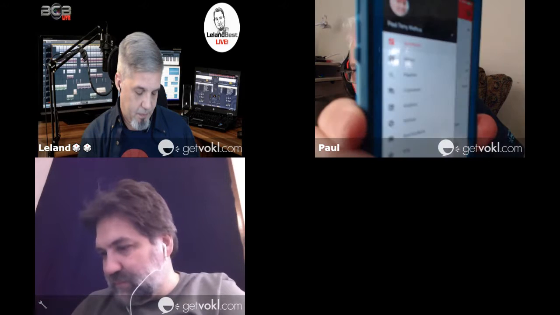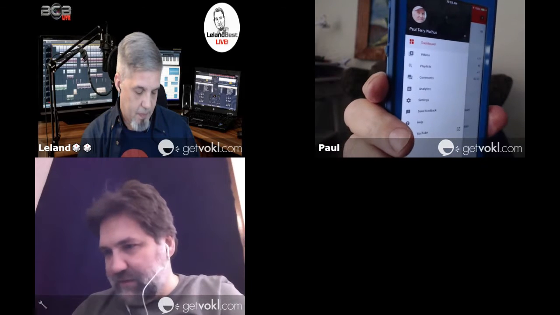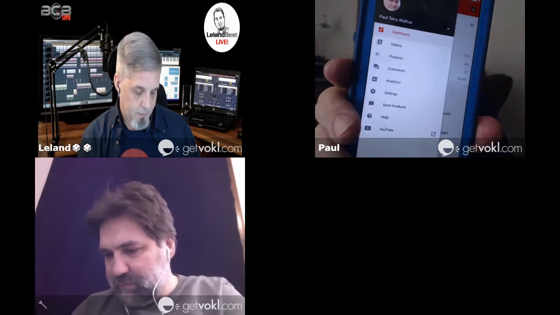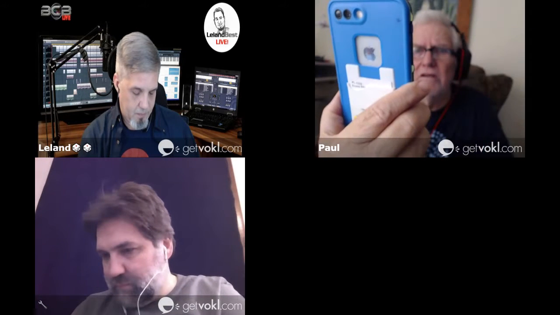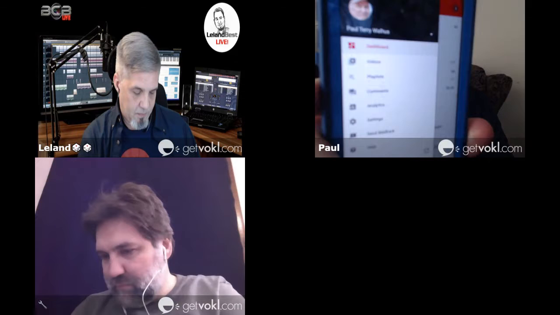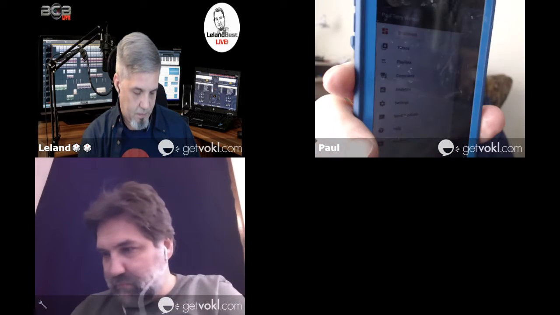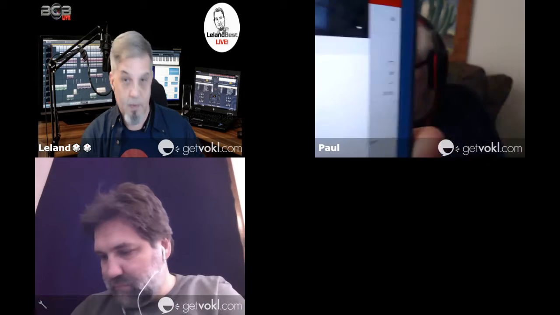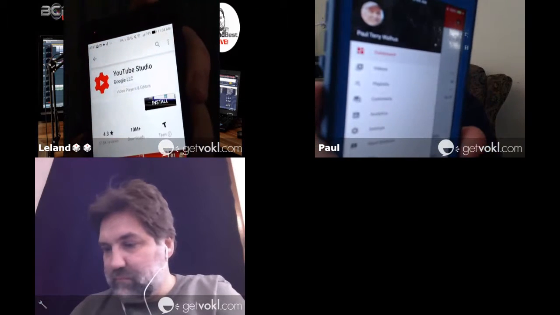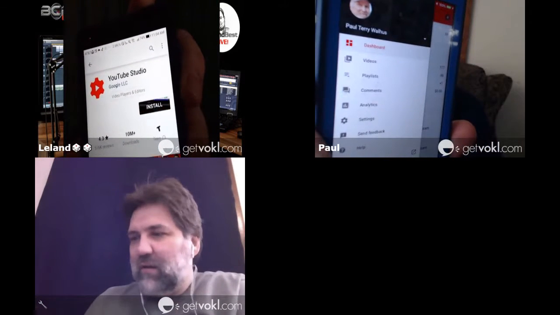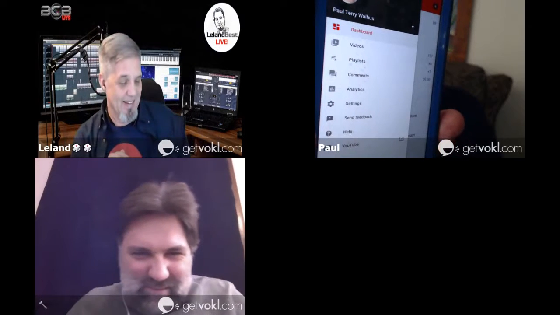Yeah, it's got all these things you can see here. I don't know if you can read that, but I'll try to hold it up where you can read what it does. Those are the menu options there. It's got your dashboard. Then it shows you your videos. You can sort them according to views or most recent. What else does it have? I obviously don't have that one installed on my phone right now. So yeah, you got it installed. It has comments, analytics.